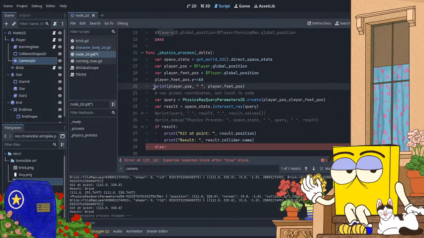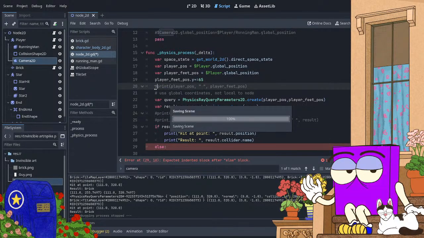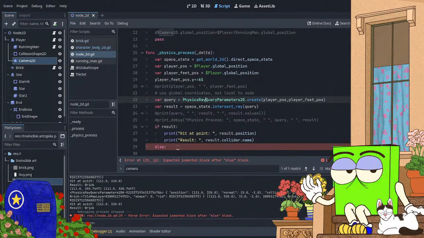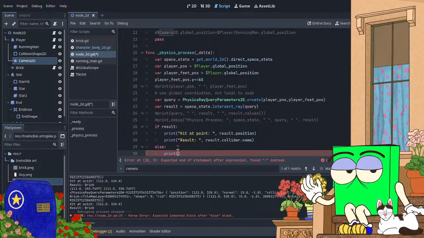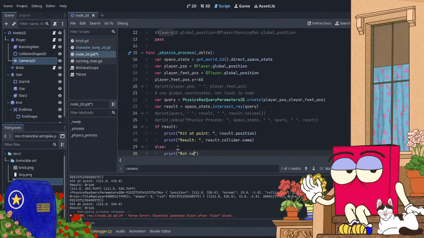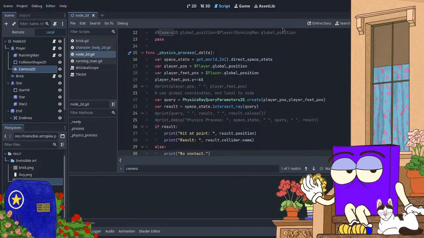Let's get rid of that, and let's get rid of this, because I don't need these. Okay, brick. Now,